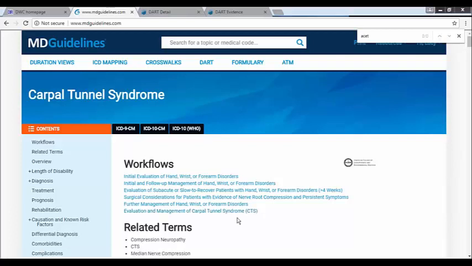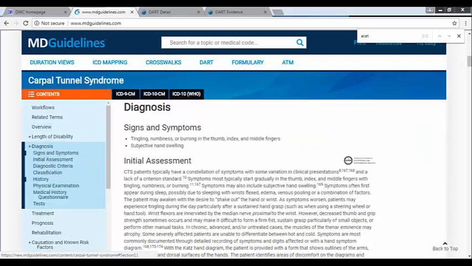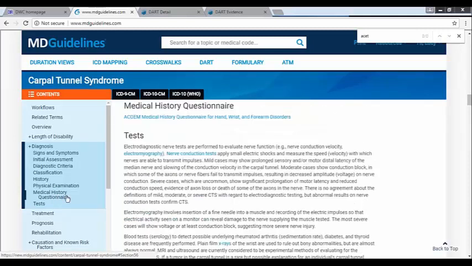I'm going to quickly go down to diagnosis because that's another section that has the ACOM logo next to it. If I were to go down here to the medical history questionnaire, again, this is an ACOM component, and all of the questions that are specific to hand, wrist, and forearm disorders are available here.